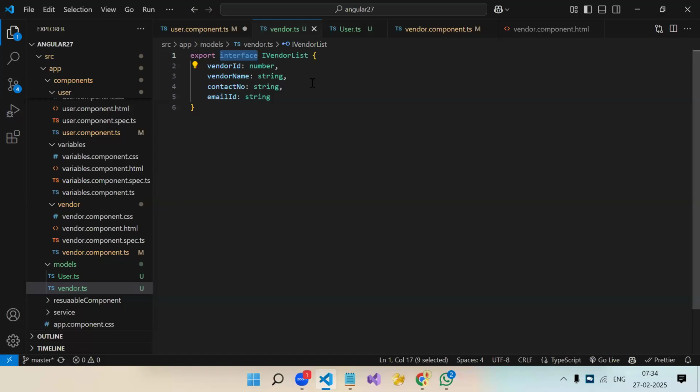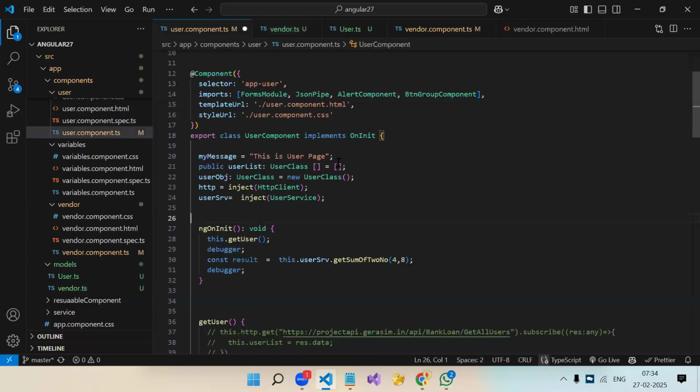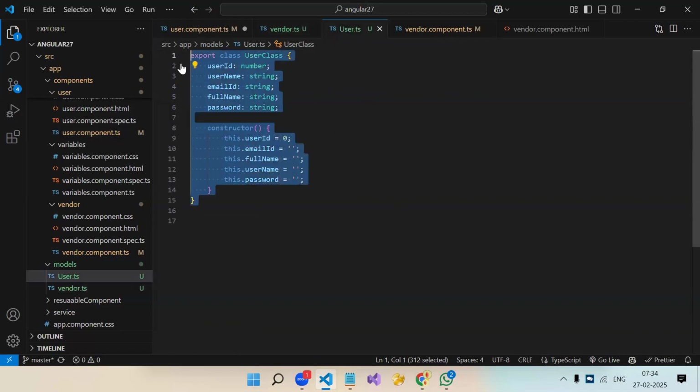Understood? So for forms, we have to use the class only for form cases. If we are binding with a form, then yes. There is no limitation, you can use it for other things too. Let's say you have created a class, and in the get API also